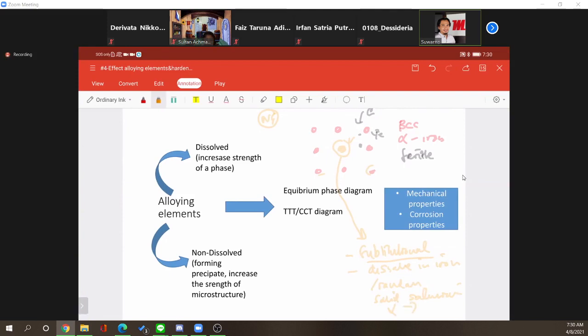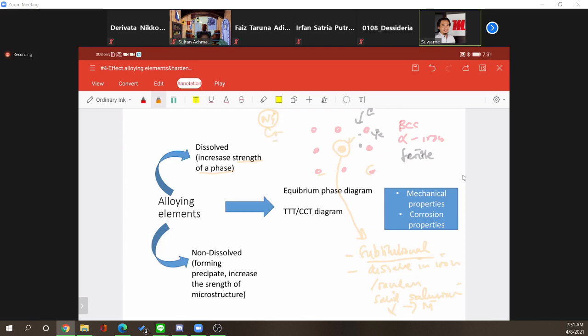Alpha containing nickel. So this is basically dissolved, and as we know, dissolved element will increase the strength of the phase. We learned in Metal 1 that this is because of the interaction of microstrain or microstress inside the microstructure. Whenever you have an increase in the phase strength, in macro, the strength will also be increased. And in another situation, if you add more and more nickel or other alloying element, for example chromium,